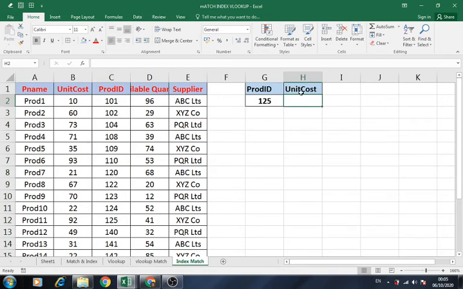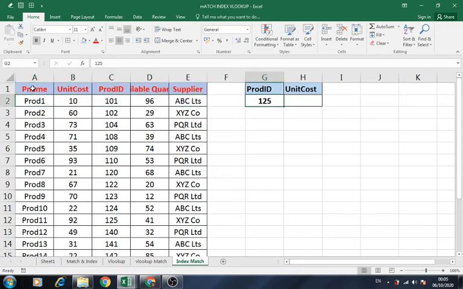If I want to pick up unit cost, it is in the second column. We know that we can get the column number based on the column headings, using the match function, to get the position from a list.